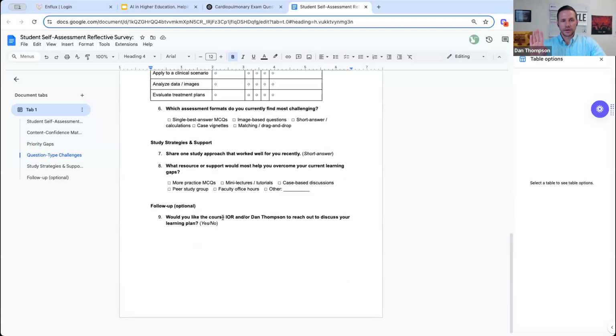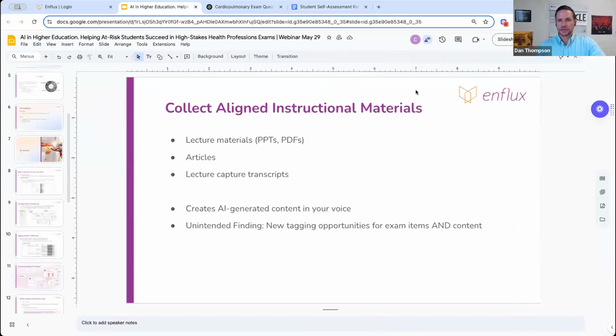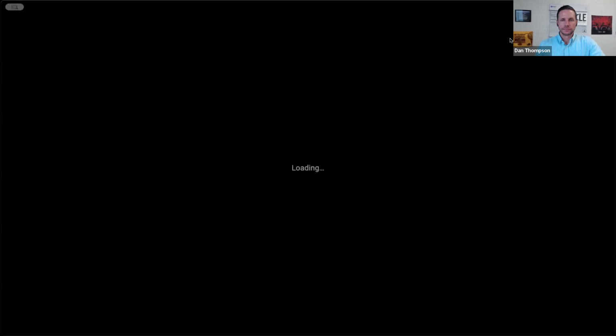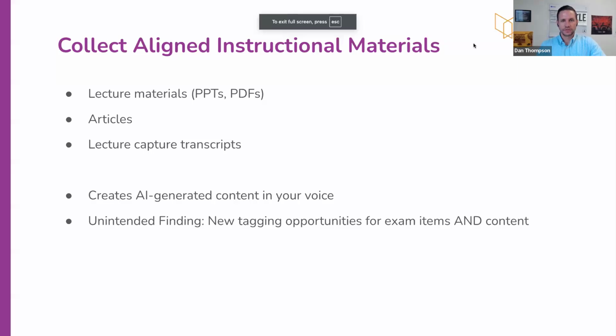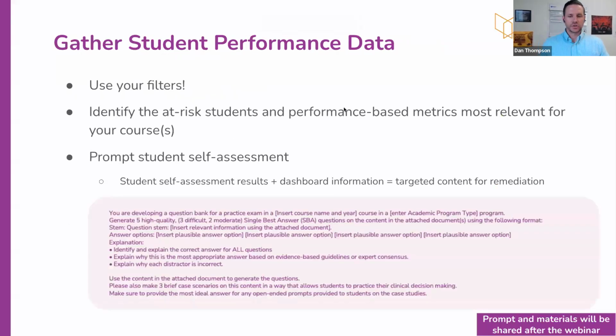The main point of this is really to get the student to reflect on their performance. I saw a lot of folks at the beginning say that one of the more difficult parts of the process is the student buy-in. So what we're trying to do is make sure that we're getting the students to buy in and identify their areas of struggling as well, so that when they get these customized modules just for them, they're able to see that they're targeting directly where they have shown that they're struggling.